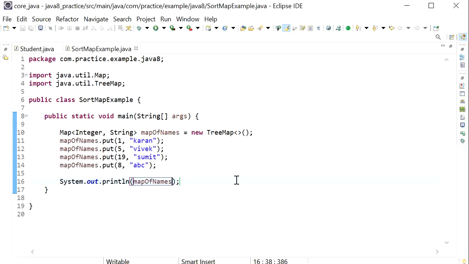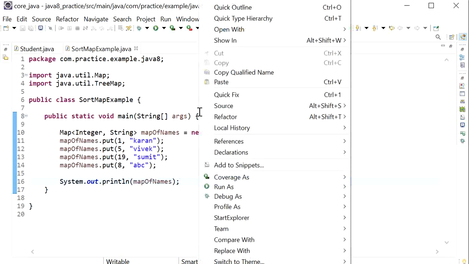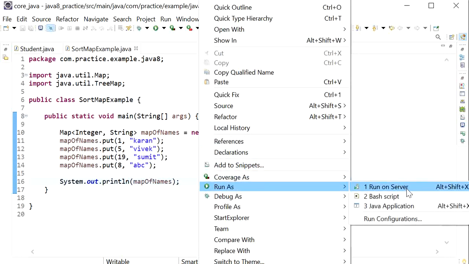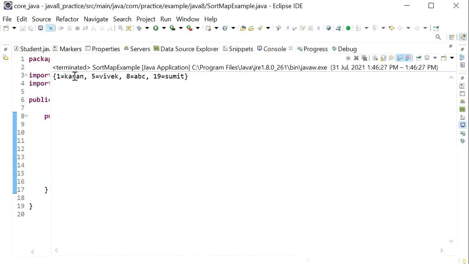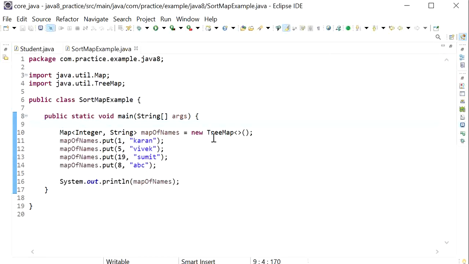Run the Java application, and here we can see 1 is first, after that 5, 8, 19. So TreeMap provides the sorting order based on its keys. But if the requirement is that we are using HashMap and we need to provide sorting order based on its value,